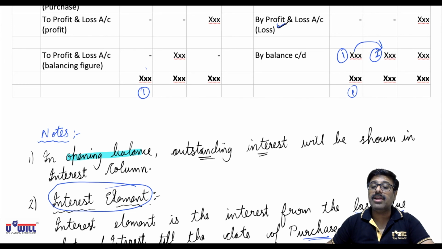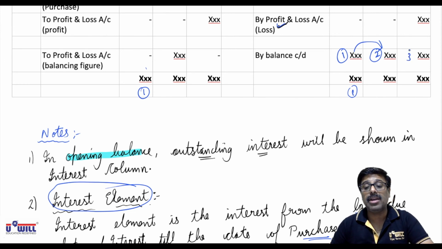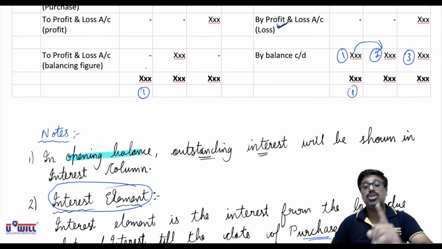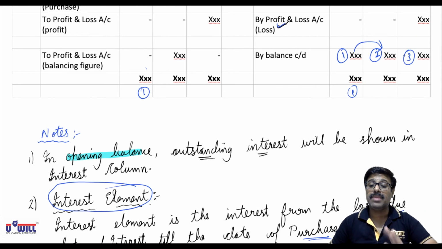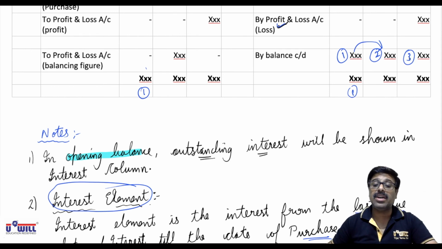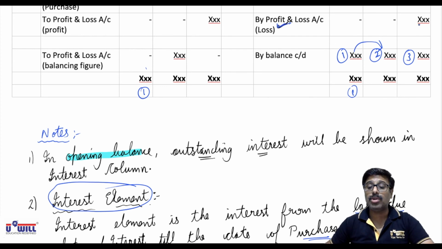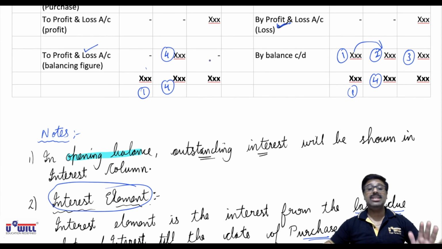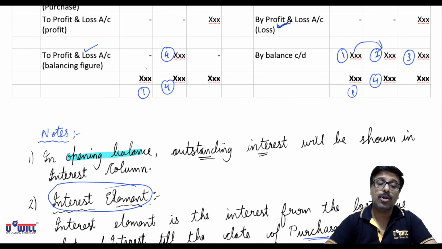Third step we will record the balance in cost or capital column following the rule that investment is always recorded at cost price or market price, whichever is less. Now here if cost price is less, no problem, no worries. But if market price is less, then further the loss will also be recorded on credit side. And fourth step, do the balancing of interest column, and whatever balance remains in interest column will be transferred to profit and loss account. So these steps of balancing are to be followed.